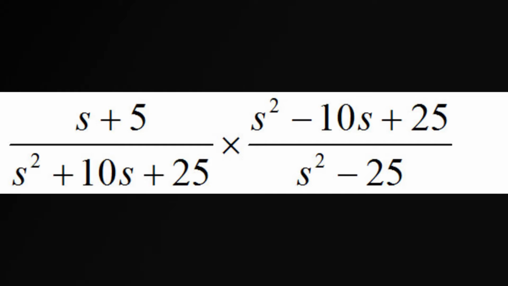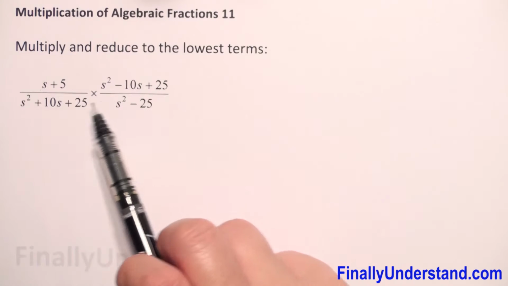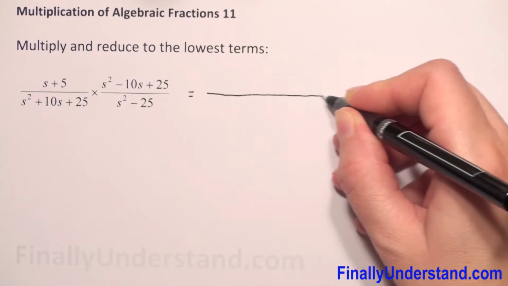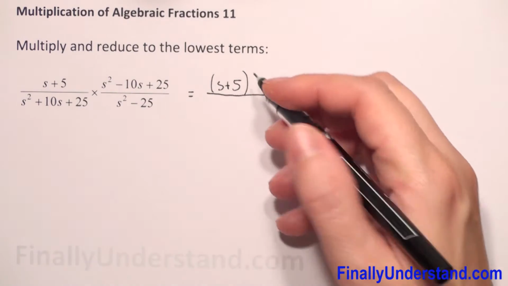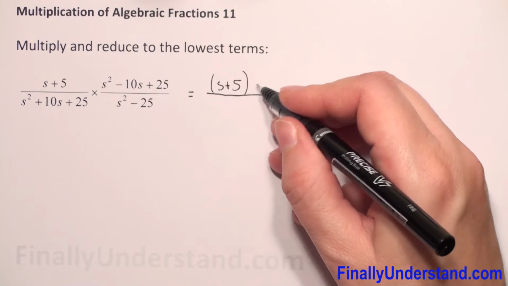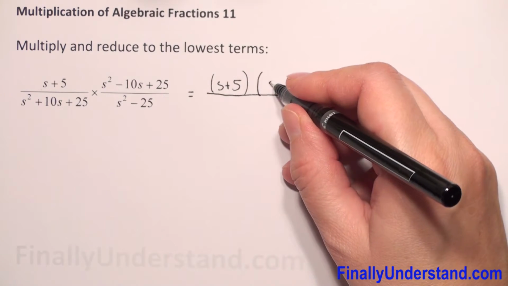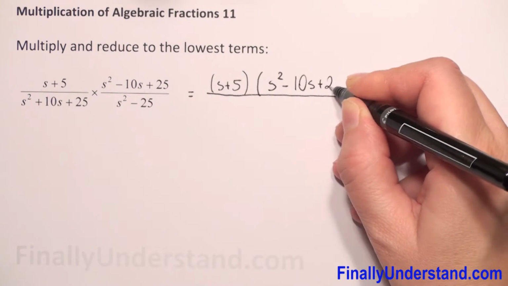We have multiplication of algebraic fractions. We know that when we have to multiply algebraic fractions, we have to do the same as for multiplication of fractions. So we have to multiply numerator times numerator, denominator times denominator. So we will put one fraction bar, and in the numerator we will have s plus 5, this whole expression we have to put in parentheses, and we have times. In the second parenthesis we have another numerator, so that will be s squared minus 10s plus 25